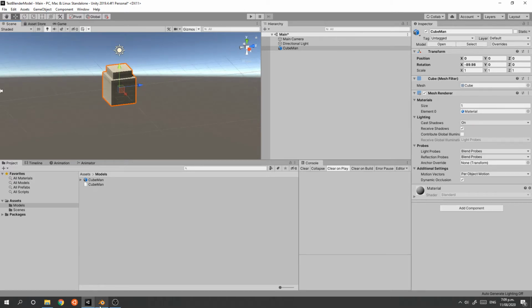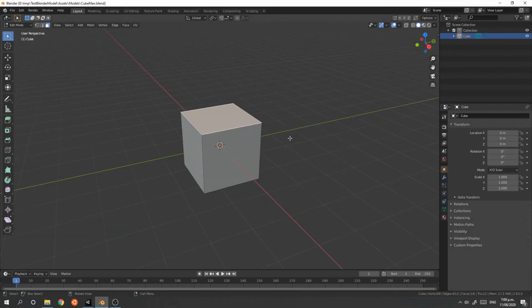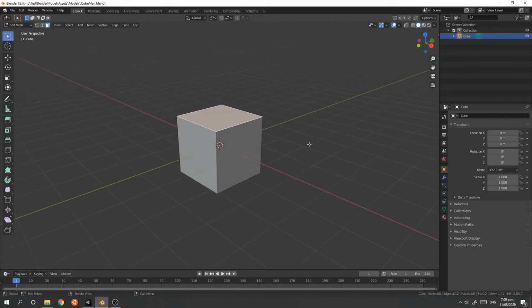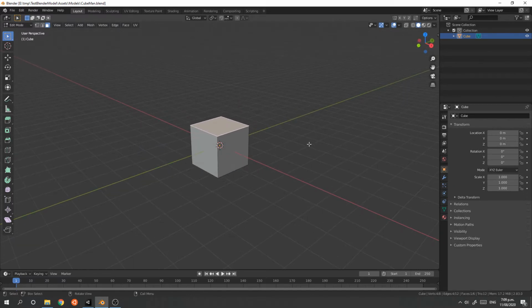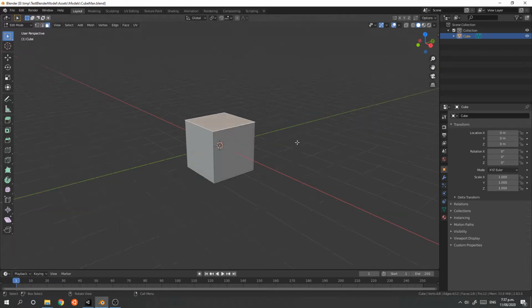So we jump back into Blender. Let's undo those changes we made there, and let's create a little box character here that we can add materials to and colorize. So the character we're going to create is kind of going to be like a box shaped Pac-Man character. So the first thing we want to do is chop the cube in half to kind of make a mouth. So what we're going to do is jump to the side view,